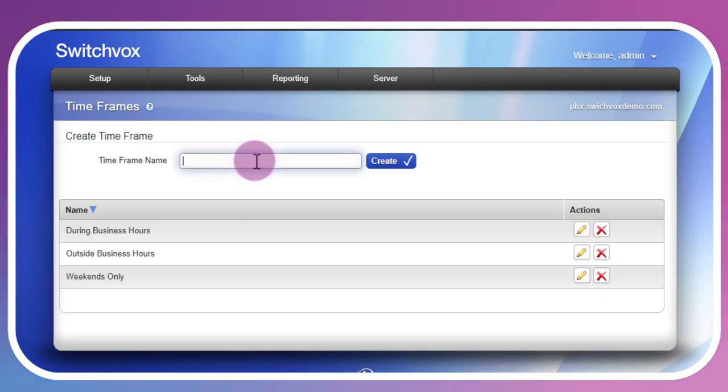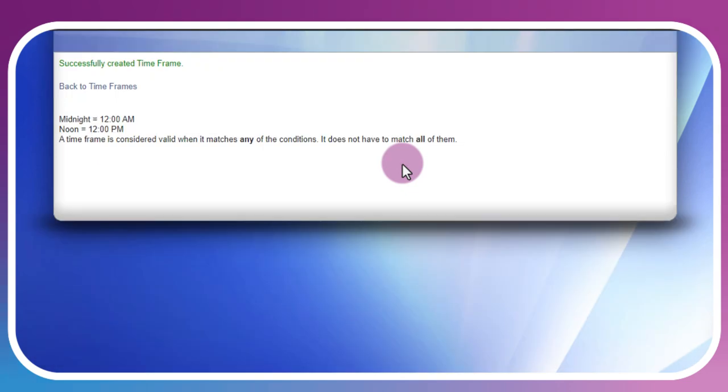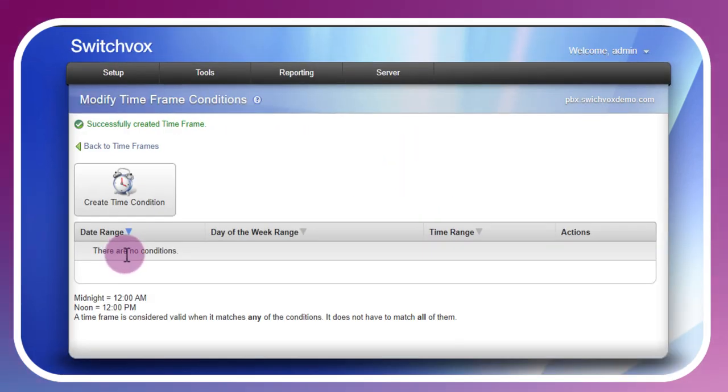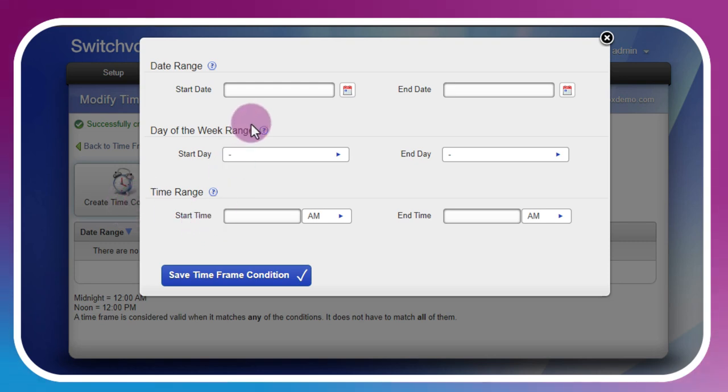So let's create a demo time frame. Currently no conditions, so we're going to create a time condition. The start date and end date values specify the calendar date that this rule is in effect, and it's optional.